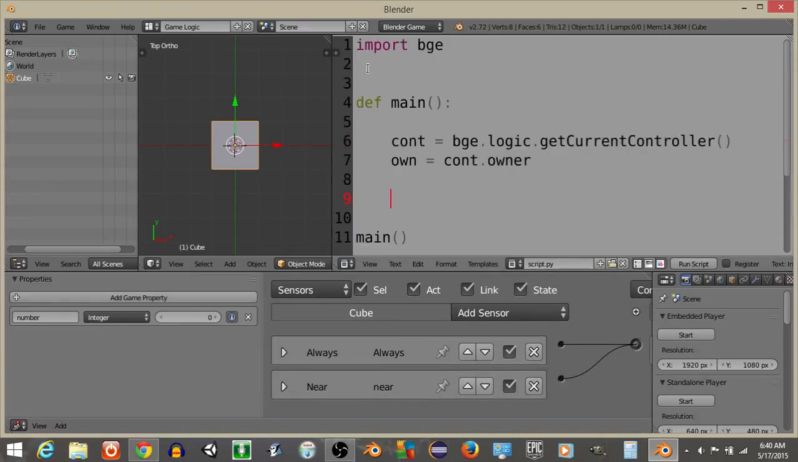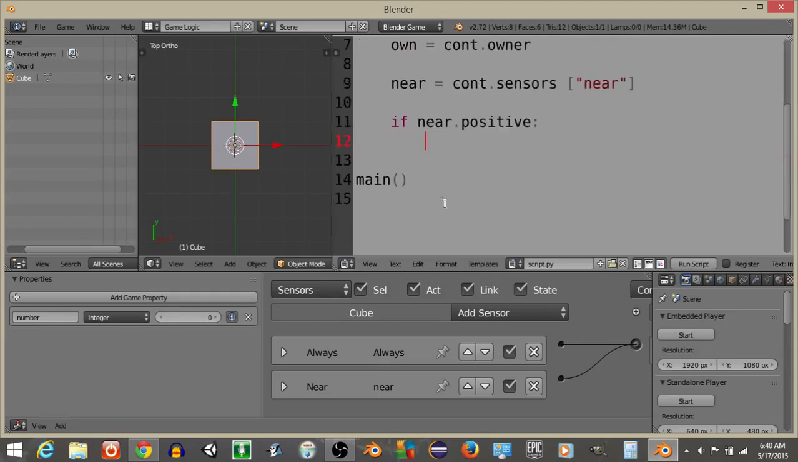Okay, now that we have this, we need to actually import random inside of our script so that we can randomize information. And what we're going to do is define our near sensor. Near is going to equal controller.sensors near. And what we're going to do is have if near.positive. What we're going to do is have own number, that game property,